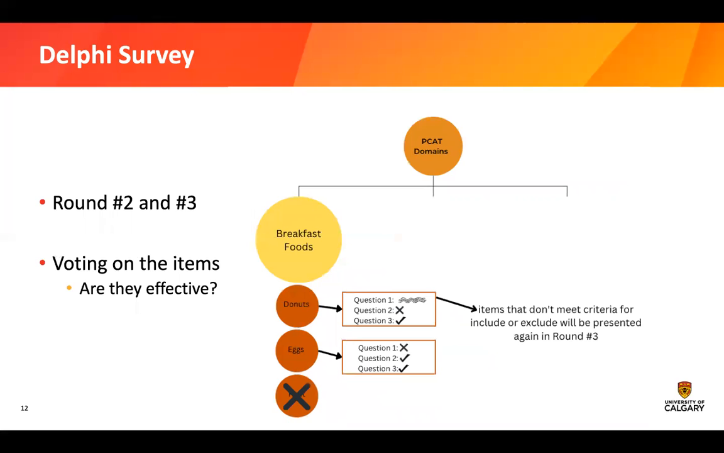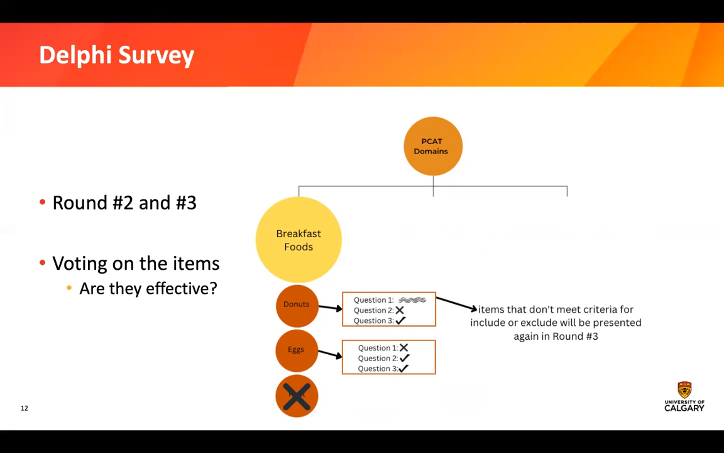Then in rounds 2 and 3, you'll have the opportunity to actually vote on the items to determine if they are effective in the context of an Indigenous PCAT. In this example again, you'll see that because we voted out fruit in round 1, we're not presenting any of the items pertaining to what type of fruits we should be including. In the concept of eggs, you'll see questions 2 and 3 made the cut, but question 1 was voted as irrelevant. And in donuts, you'll see that question 3 made the cut, question 2 didn't, but question 1 is the